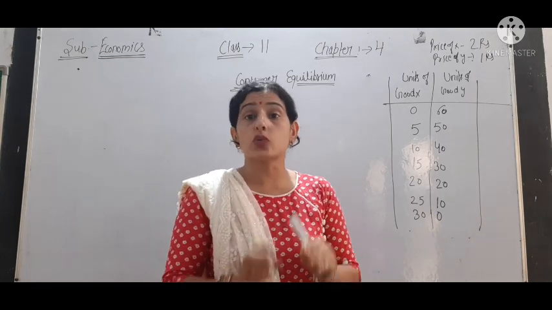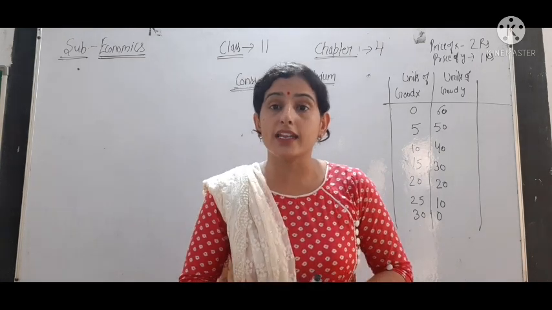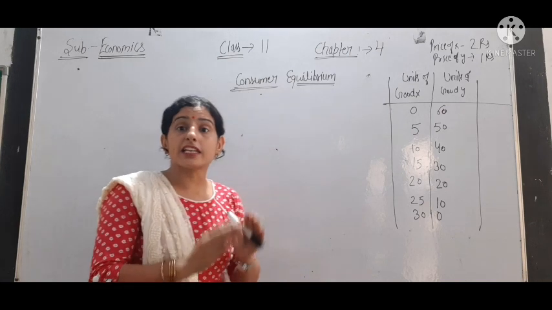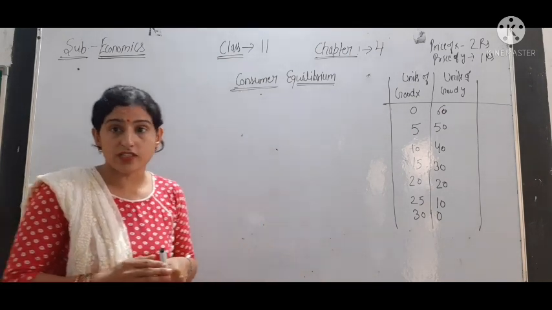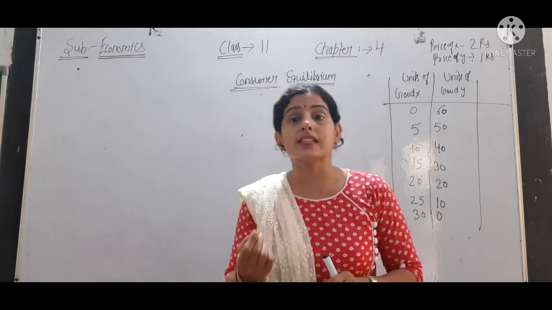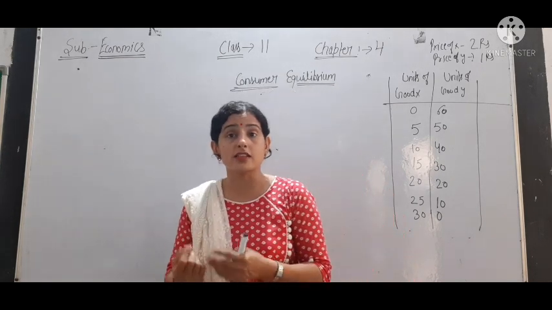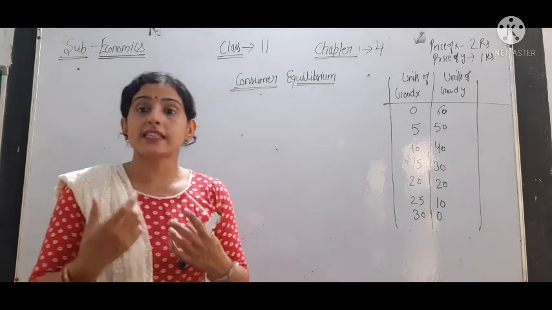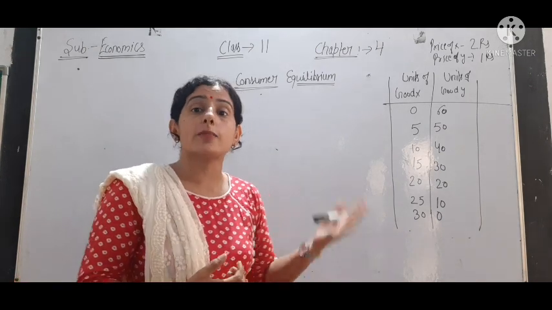So he said that utility can be measured in cardinal numbers like 1, 2, 3, 4. Means we can give the numbers to our satisfaction. So we can measure the utility. Utility means the satisfying power of a good. It means if by consuming a cup of tea, whatever utility satisfaction I am getting, I can measure it in number.